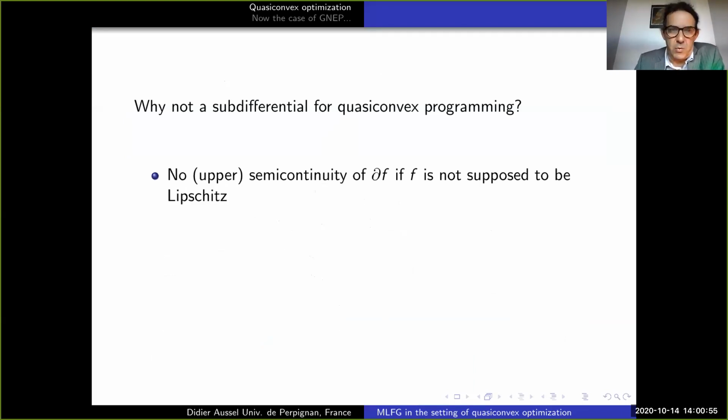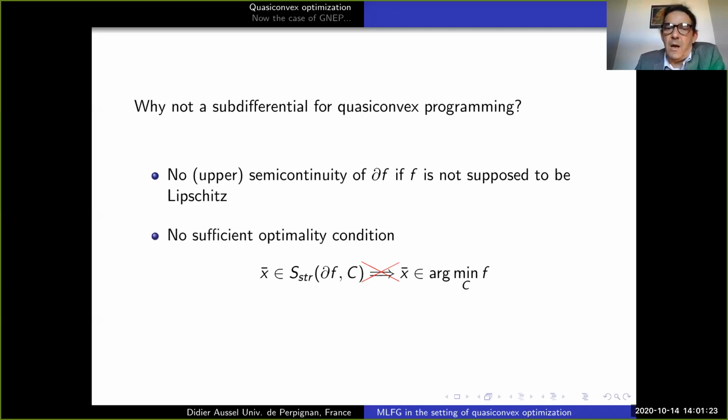Other arguments to go in this direction: if you have a look at the subdifferential, except if you use a Clarke one and your function is Lipschitz continuous and your set is correct, then you will have upper semi-continuity. But in the other case, it will not be upper semi-continuous. And this is a minimum that you can ask of an operator if you want to solve, for example, variational inequalities. And even worse is that, well known, but for dreamers like me, it's not satisfying, is that